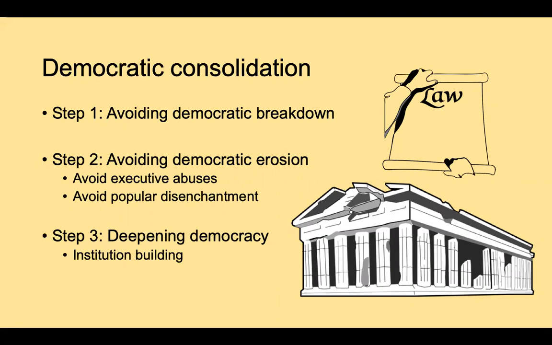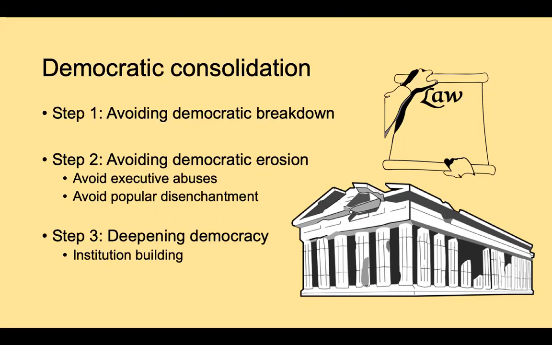And this is a period characterized first and foremost by avoiding democratic breakdowns. That is, stopping the military from intervening in politics, or ensuring that all political actors obey the rules and play by the democratic rules, so that elected leaders who lose a re-election leave power and turn over power, so that election outcomes are uncertain and repeatable and irreversible, and so on.